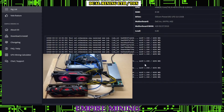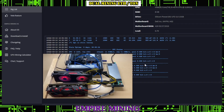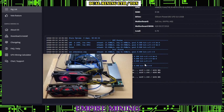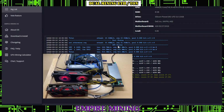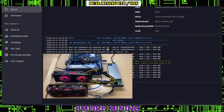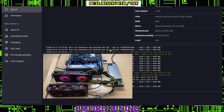Like I said, this is still in the early stages, so don't be alarmed. I have seen some cards that I know are not being fully calibrated. I just know that it's something in the works. But as you can see scrolling here, it's going to give you the mega hash. As you can hear, the card's revving up. As I explained earlier on in the video, they will do more. But if you see right here, basically